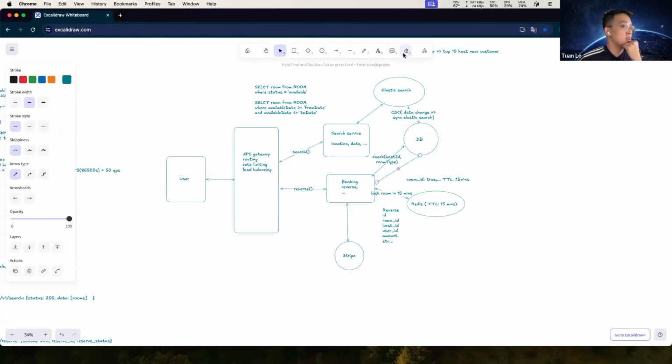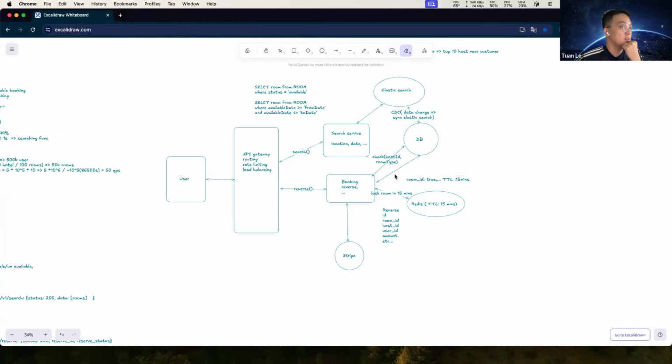When we check the available room and the room returns with status here, we can go to the next step, right?